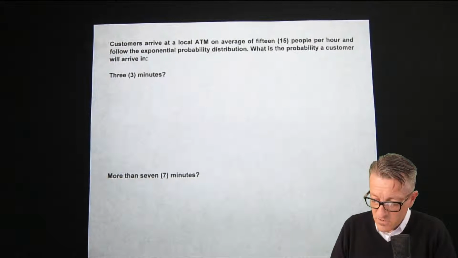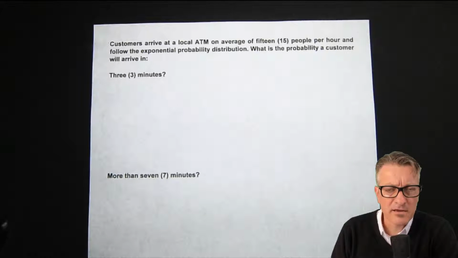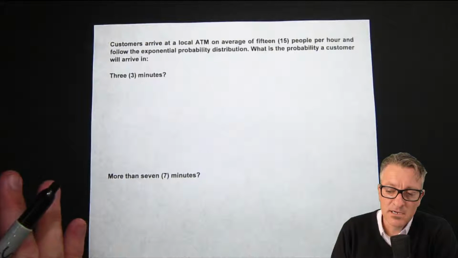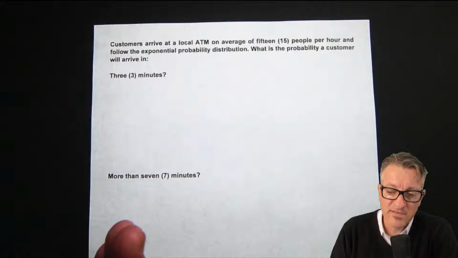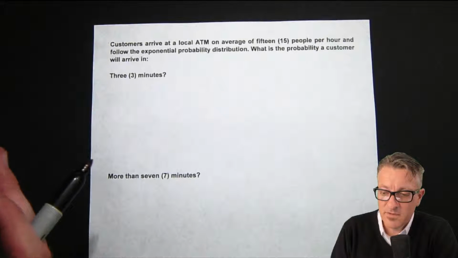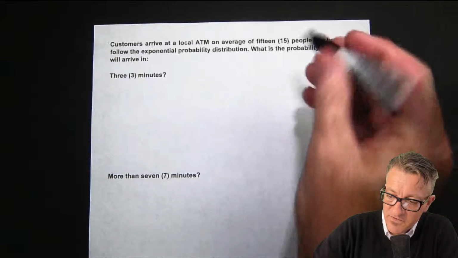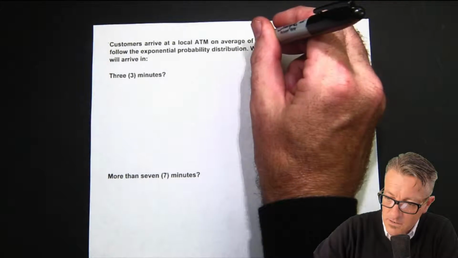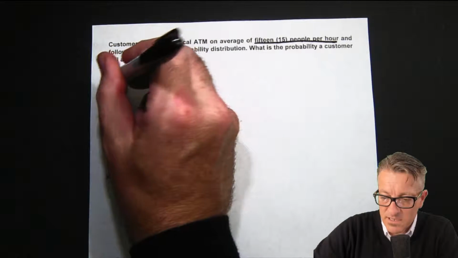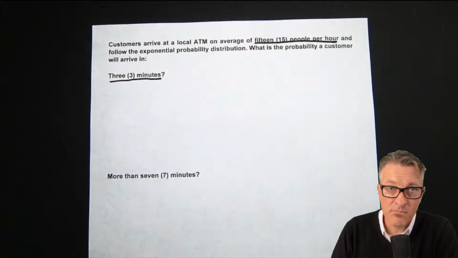Okay, so I do this a little bit differently, and that's because when I do the calculations, I don't break lambda down to the units of the time. I leave lambda in the units that lambda is presented in. In this case, it is given to me as 15 per hour. And then for this question, we're dealing with minutes. So we have a conundrum, you might say, between hours and minutes.